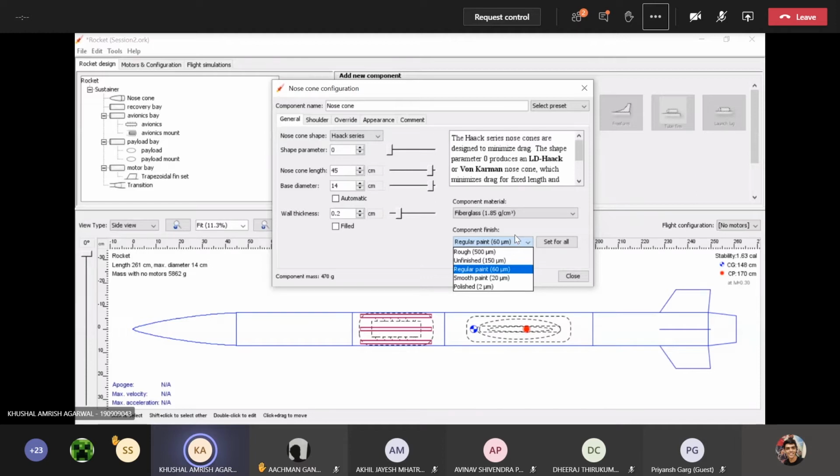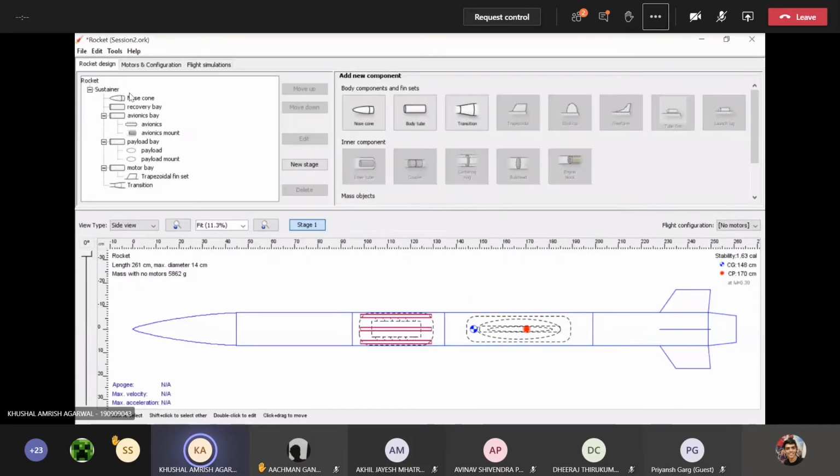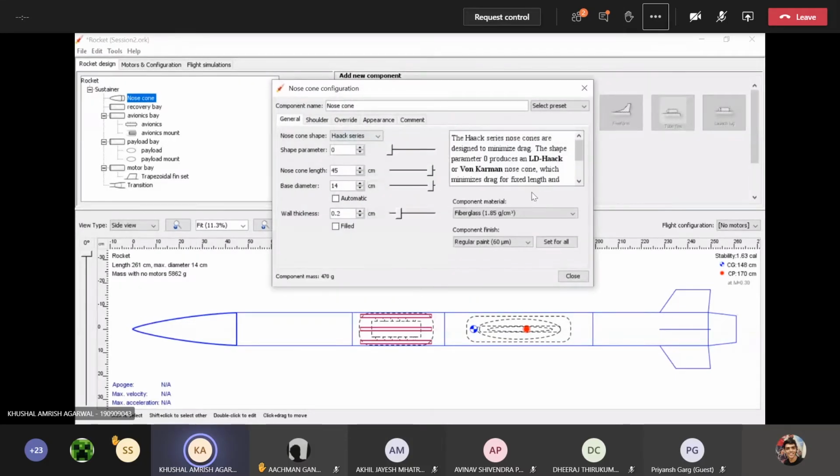If you have left it as it was after manufacturing, you can keep it on rough. If you use sandpaper to finish it off, you can use the unfinished surface. And if you use smooth paint, regular paint and polish, there are options over here as well. So we'll be going for regular paint in this one and click close. So this has been updated, as you can see.